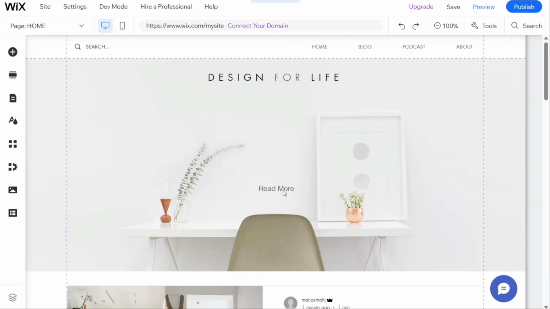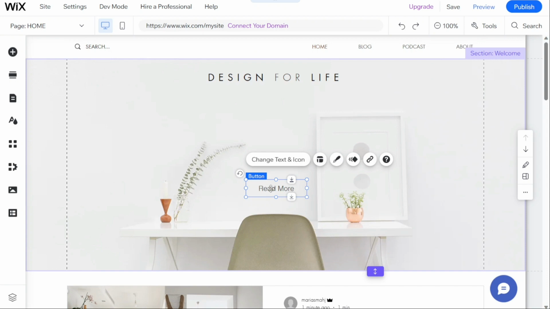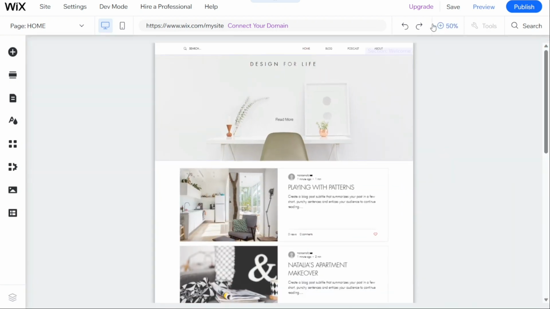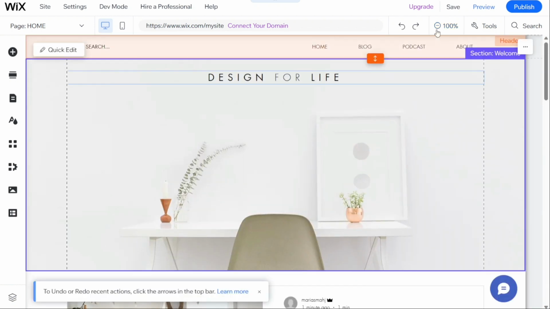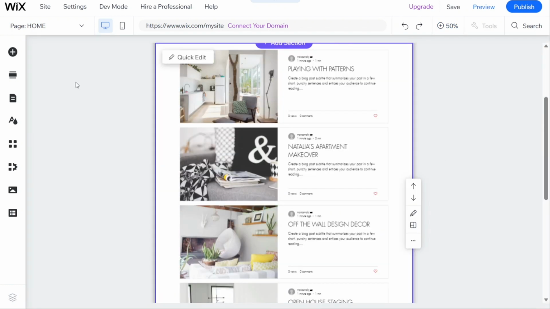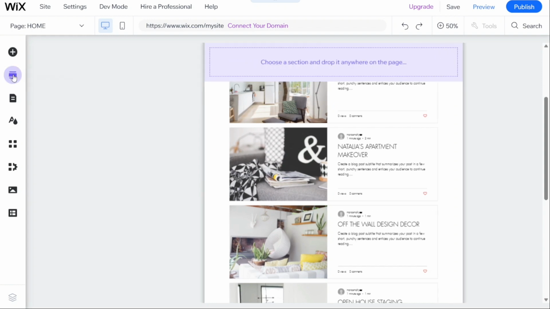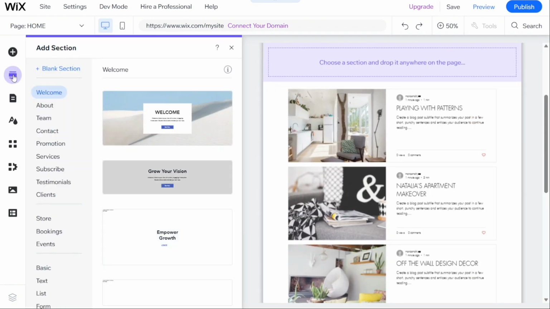This feature is particularly useful when you want to customize your website beyond the template provided by Wix. You can use Add Elements to create your own design and add any features that are not available in the template. To add new sections to your website, simply click on the Add Section option on the left-hand side of